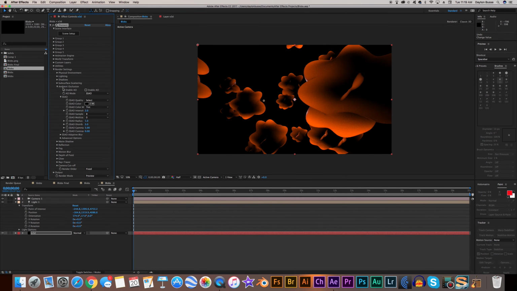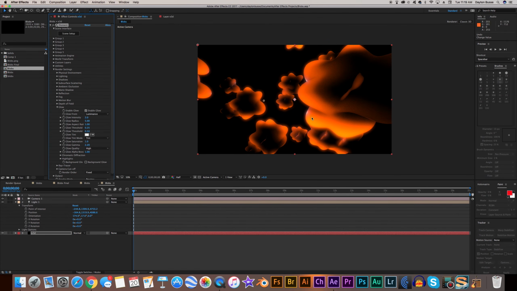And then you can go into the ambient occlusion and enable it and change this to 5. Then you can close that up. Let's go to glow and see what that looks like. We're going to enable it, and where it says glow from, change that to luminance. And this is just going to add a little bit of glow on the hot spots of our image. So we want to turn the intensity down to like 1 or something like that, and turn the glow radius up, because